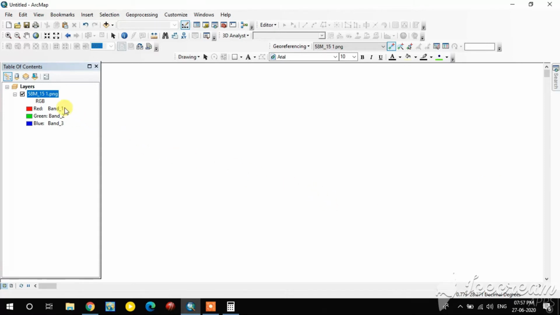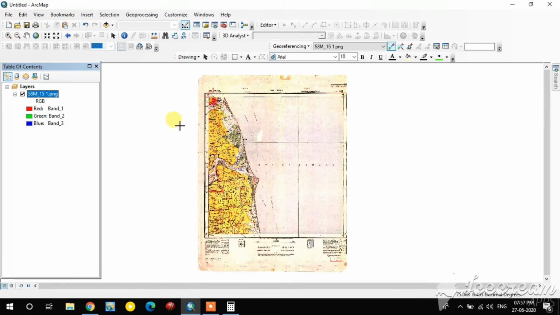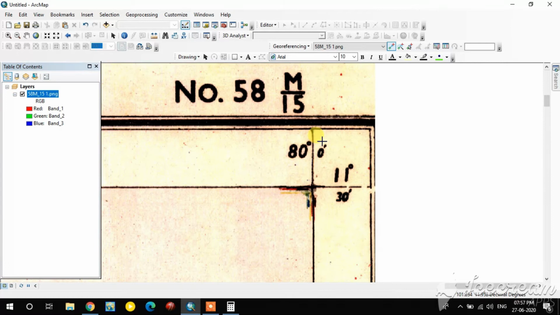Then go to this image and right click on it and give zoom to layer. This is the first point. You do the same thing for the second control point.